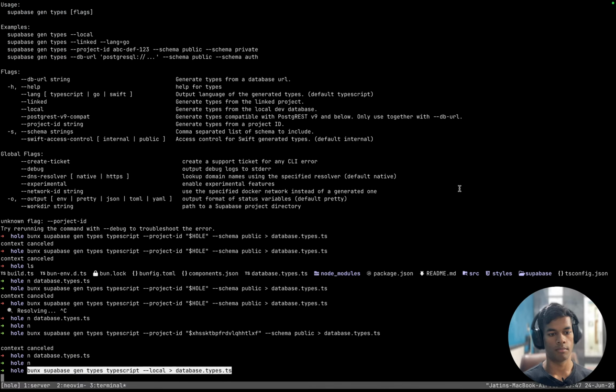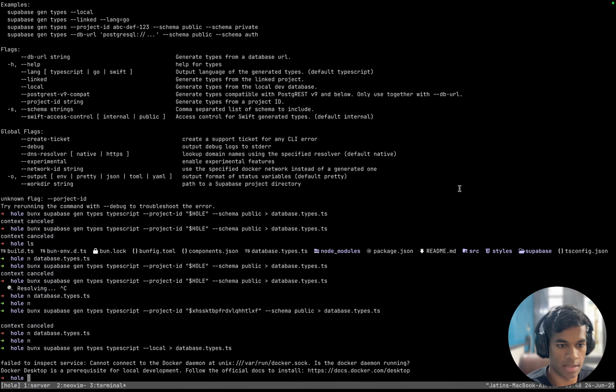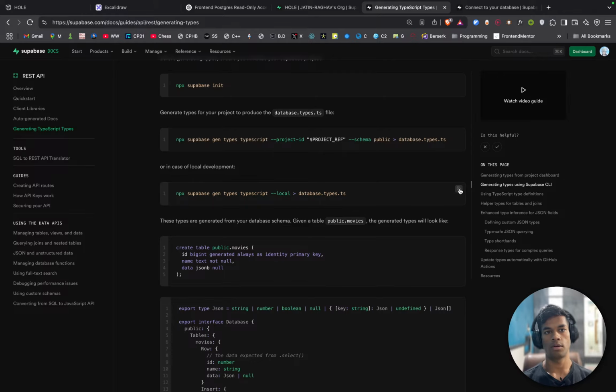Yes, and it will give an error. Yep, failed to inspect service: cannot connect to Docker daemon. Is the Docker daemon running? Docker Desktop is a prerequisite for local development. Follow the official docs on docker.com desktop.